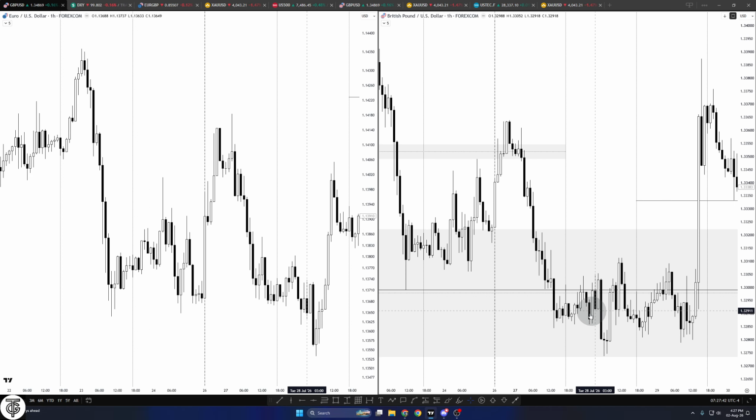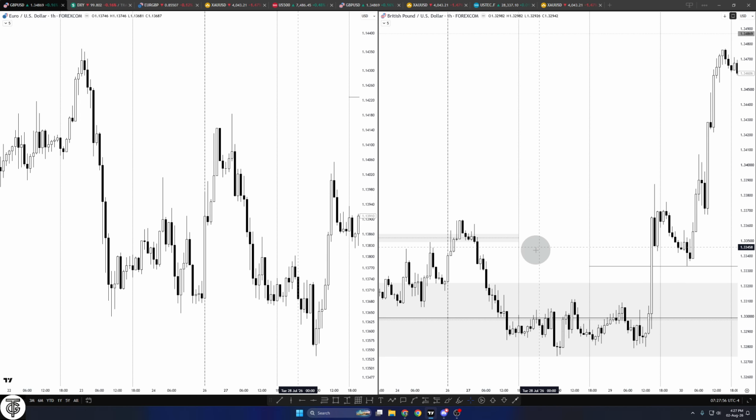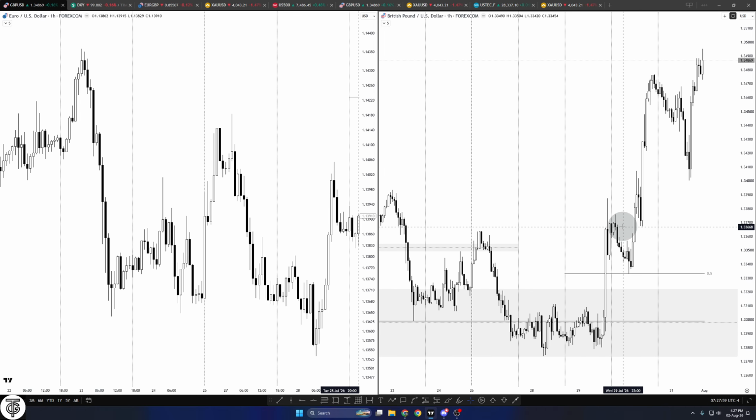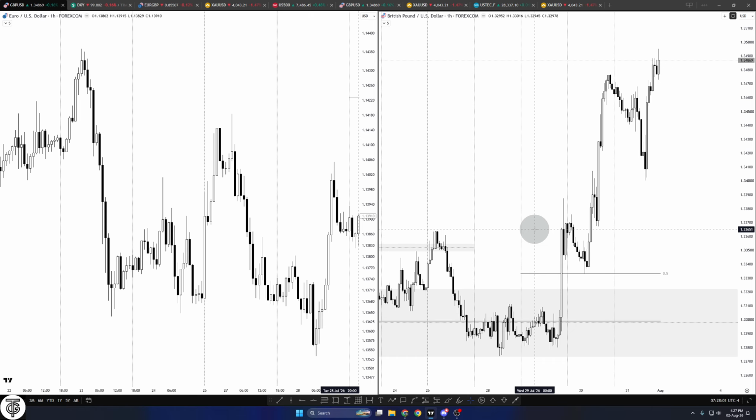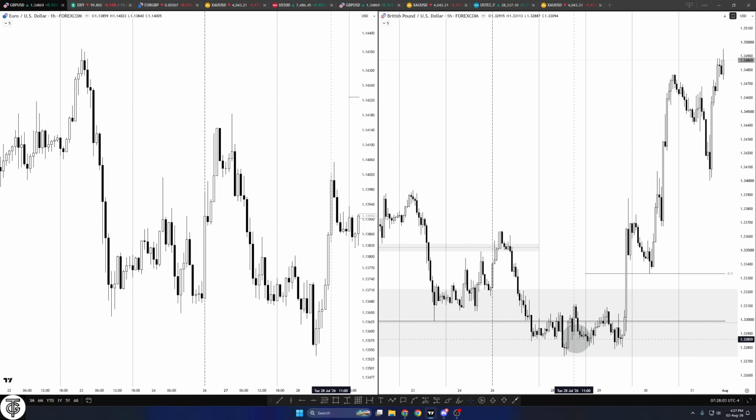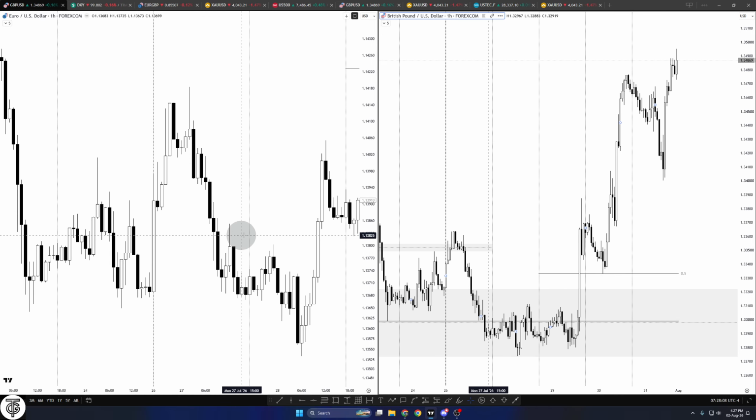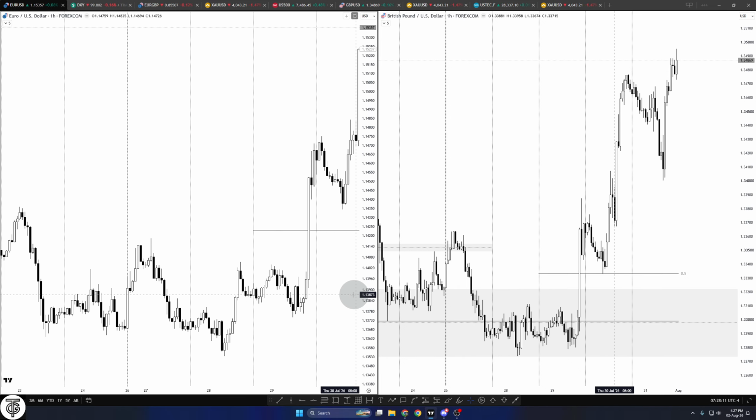Then we have been consolidating, and whenever we consolidate below old lows or above old highs, this is not just a market phase of price consolidation, it's accumulation. Whenever smart money accumulates long positions below old lows, it has to distribute in this way. You can go check trading charts. Whenever you see accumulation below old lows, the expansion will be this volatile, this explosive. Same is the case on euro dollar. We have accumulation, manipulation of the accumulation, expansion.